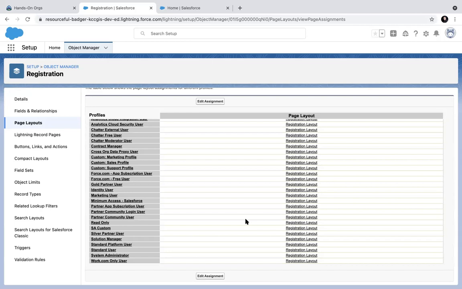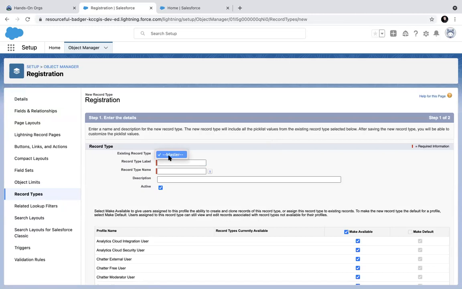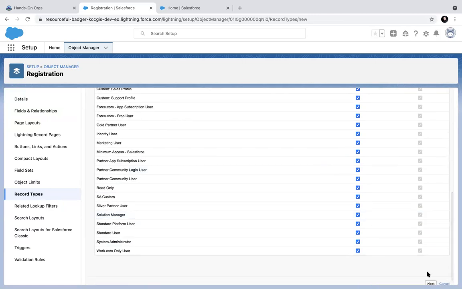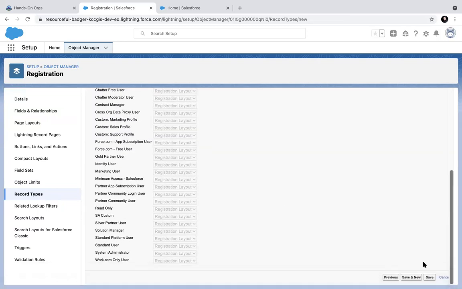If I want to change the layout based on the record also, then I have to create a record type. By default it is a master. So I can say a business account. I can have multiple records for multiple record types.